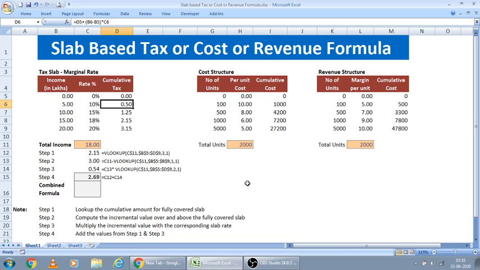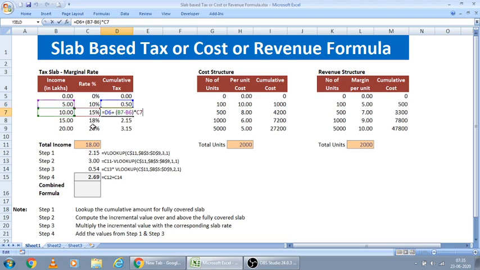what is the total cumulative tax if the person crosses that slab. In this case, if the person crosses 5 lakhs, he has to pay minimum 50,000 as the tax. The formula is like this. In the beginning you have to put 0, and the second one is the above value plus incremental value, this 5 minus 0 into this incremental tax rate.